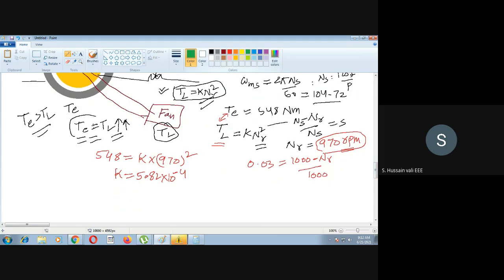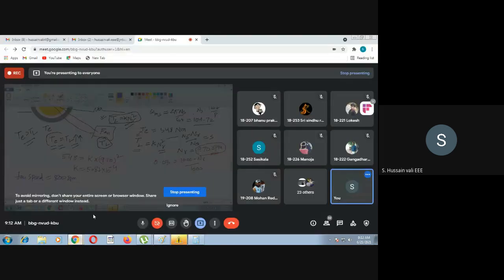Now what is the question he is asking? That if the fan speed is equal to 800 rpm, if the fan speed is equal to 800 rpm,